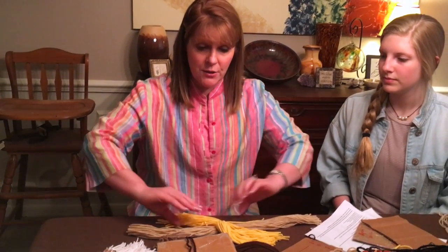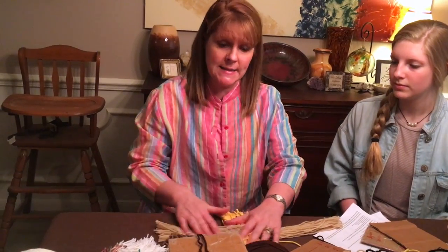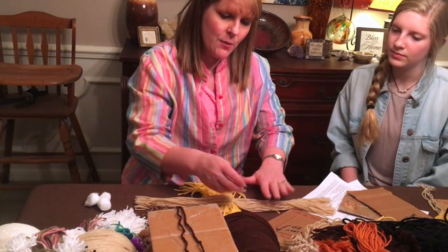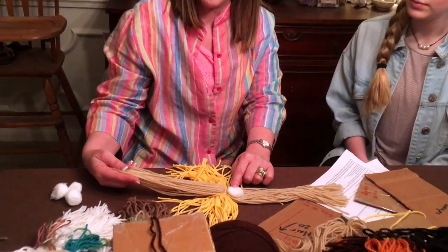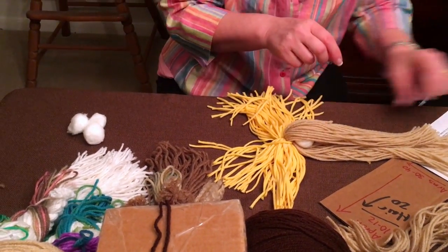Now the next thing we do is we physically flip over the baby where the hair is laying down. Okay, so now we have 2 cotton balls and we're just going to use 1 cotton ball at this time. If our baby was thicker, we could use more. We're going to put the cotton ball right here, right next to the hair tie underneath, and we're going to flip it over,